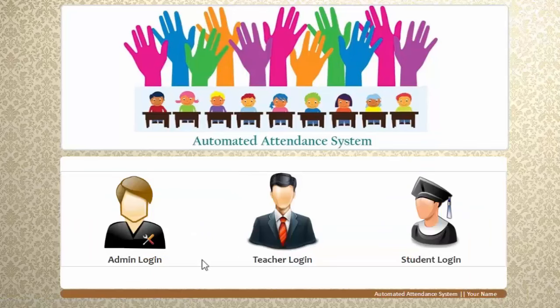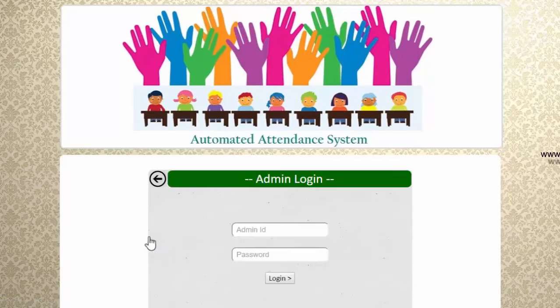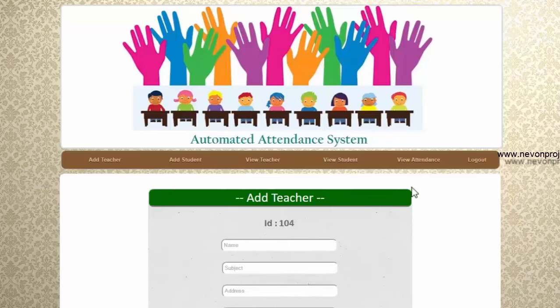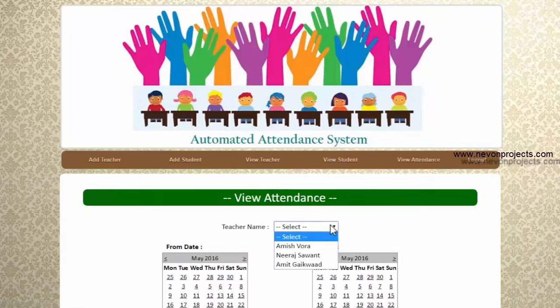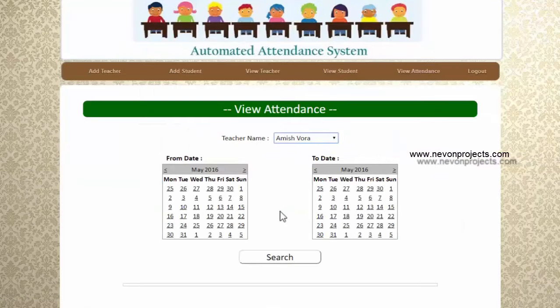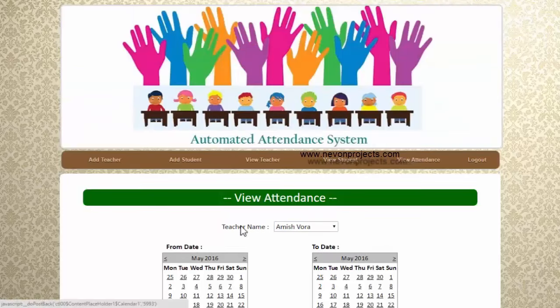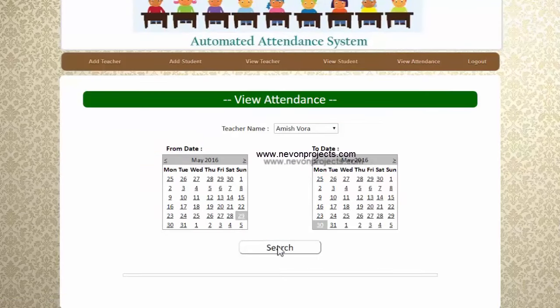After marking the attendance, we will check the admin login again. So let's log in. I will check the view attendance column. We will specify the teacher's name. The admin can check the attendance on a daily, weekly, monthly or yearly basis by selecting the dates between the two. So we'll check the daily basis attendance. So let's select the date, and after clicking on the search button,